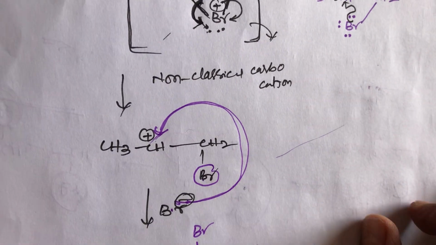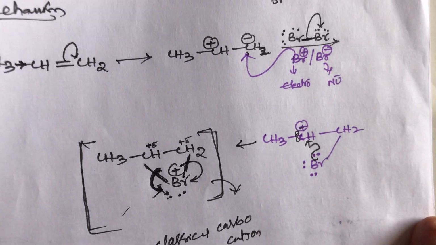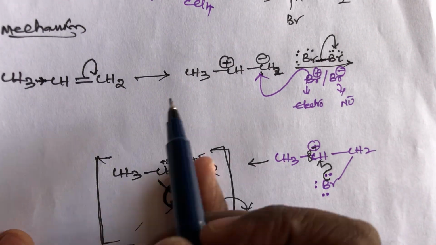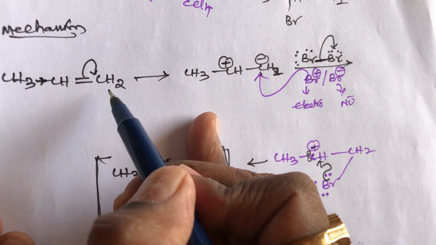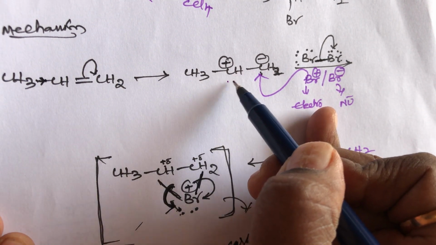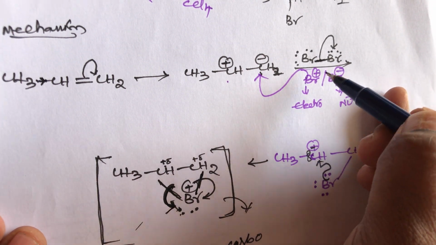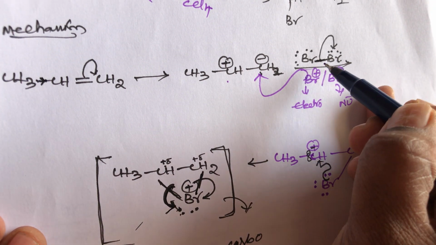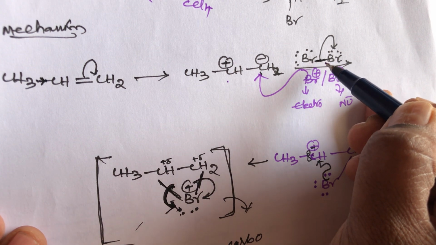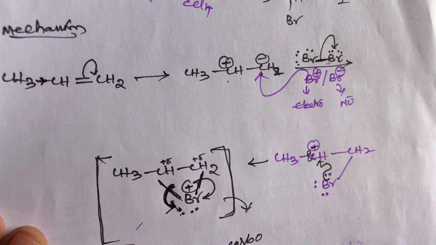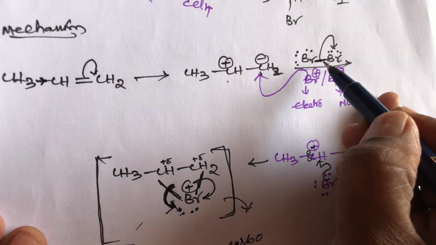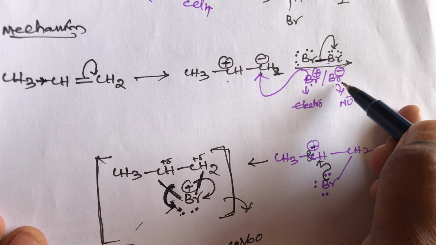Student, this is the simple trick. Here is the propene mechanism. In the first step is bond breaking, the bond shifts towards the right hand side, this carbon gets a positive charge and this carbon gets a negative charge. After that the electrophile attacks. In Br2 there is a single bond between the bromines, and this single bond can shift either way, left to right or right to left. So one bromine gets a positive charge, another bromine gets a negative charge.